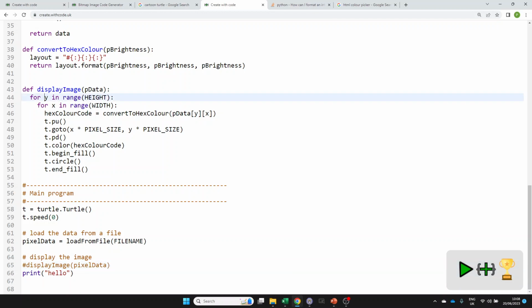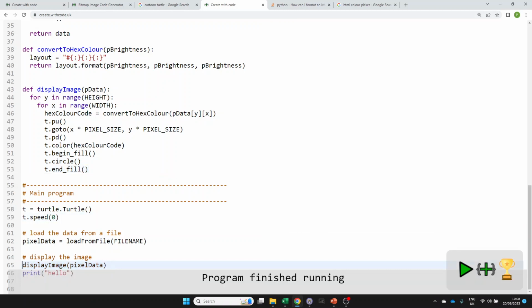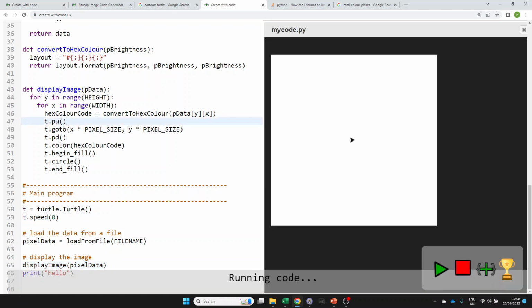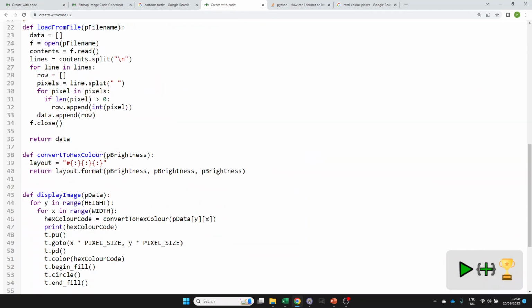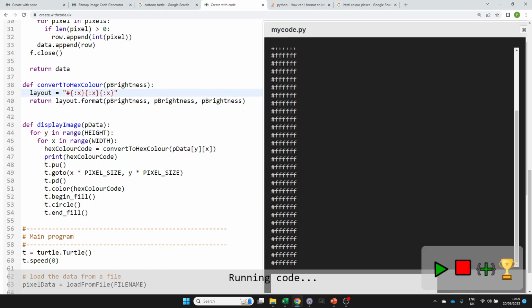So for y in range, for x in range, we should be drawing t.color. I wonder why this isn't working. Let's see. Why is that turtle not moving across? Do not know. I think it's because I've forgotten to convert each of the values into hexadecimal. There we go, we've got valid color codes,